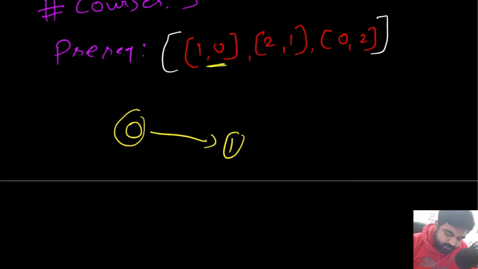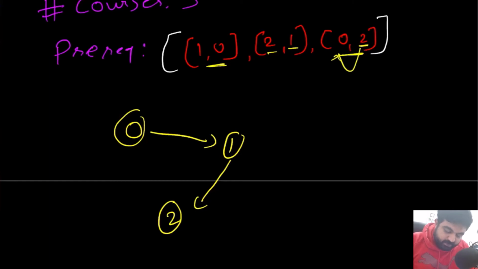Now the second one says that we need to complete course 1 in order to complete course 2. So 1 we have completed over here. Let's create it for 2. But now this prerequisite is a little bit tricky, and the tricky part is that we need to complete course 2 in order to complete course 0, which is the tricky part, because now if we see, there is no way for us to complete all 3 courses, because every single time we are going to be bounded by